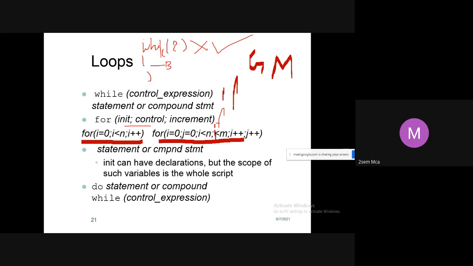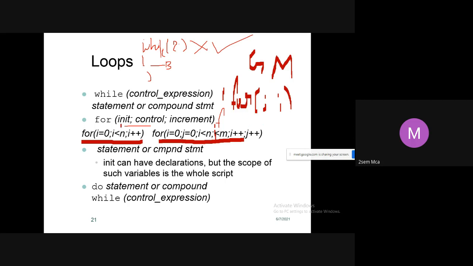See, according to the syntax of the for loop, it should have only 2 semicolons in the for loop. That is initialization; control, nothing but condition; increment.